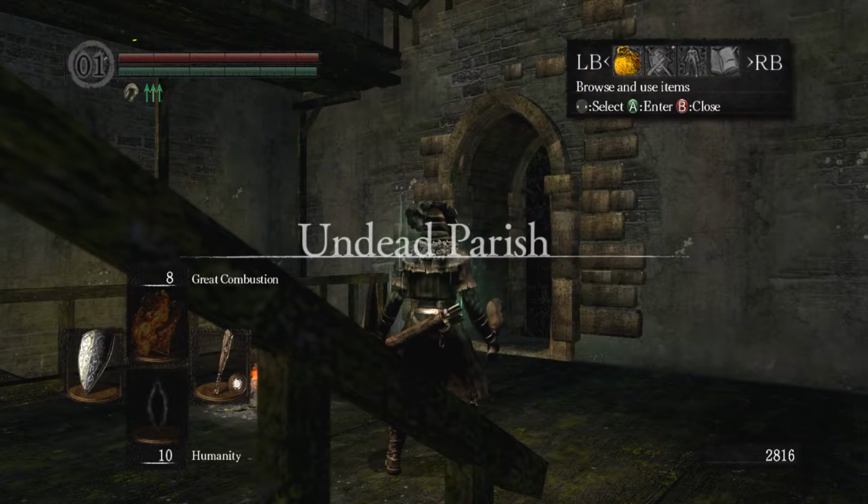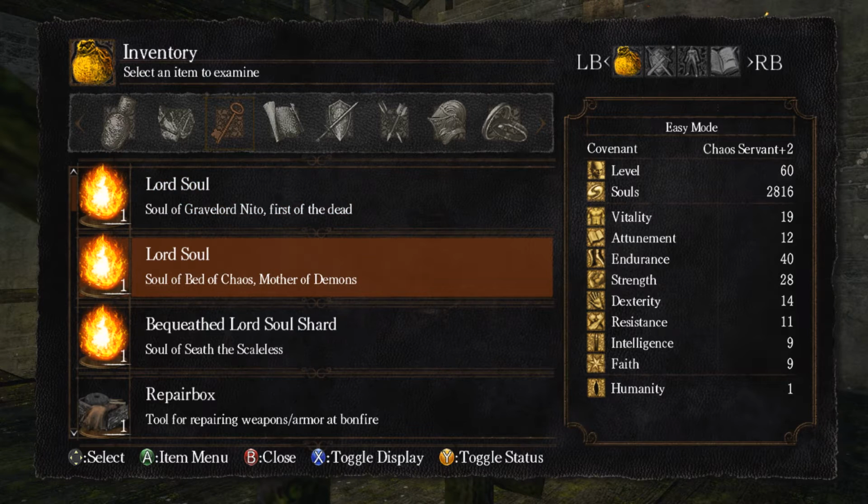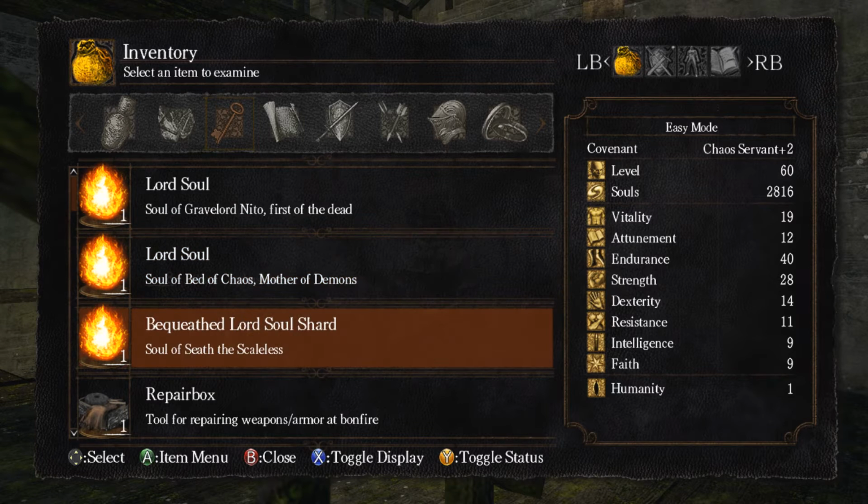I'm just quickly going into a slight bit of lore. Well, not really, actually. So we've gotten the Lord Soul of Nito, the first of the dead. That's one of the ones that's actually from the intro cinematic. I don't think I skipped that this playthrough. Maybe I did. You can find it online anyway. We've got the Soul of the Bed of Chaos, Mother of Demons, which was originally the soul of the Witch of Izalith. And we've got the bequeathed,